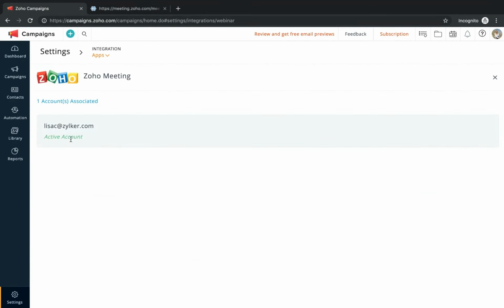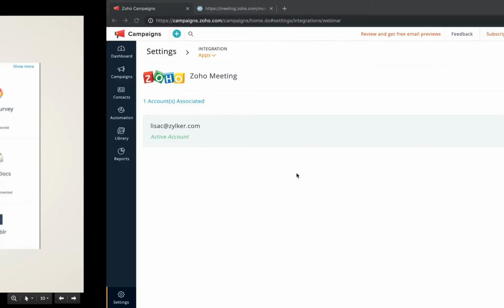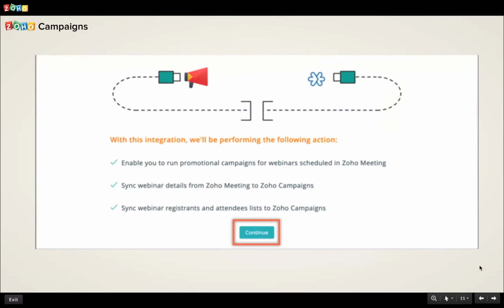Here it's already associated with an account. If you have not associated any account, then this is how it would appear, and you have to click on connect. If you click connect, you would move on to a page where these three actions would be performed while integrating, so you would be able to know what will happen with this integration.